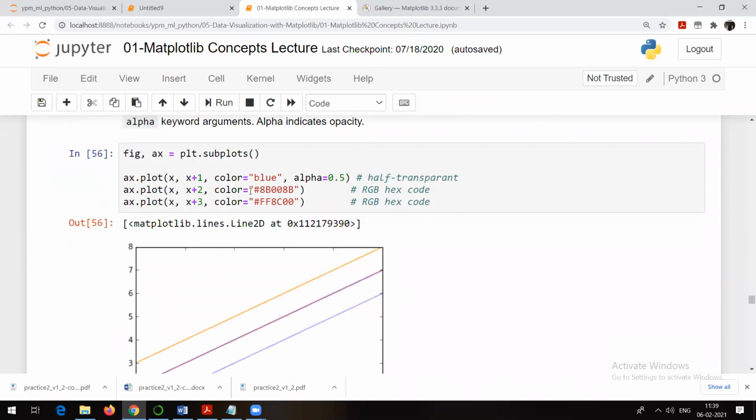If you want to give color, you can give the color in hexadecimal value, right? So you might be knowing RGB hex code, red, green, and blue. So how to give different colors? Again, you can check it here. So you can try out with the help of different values here.